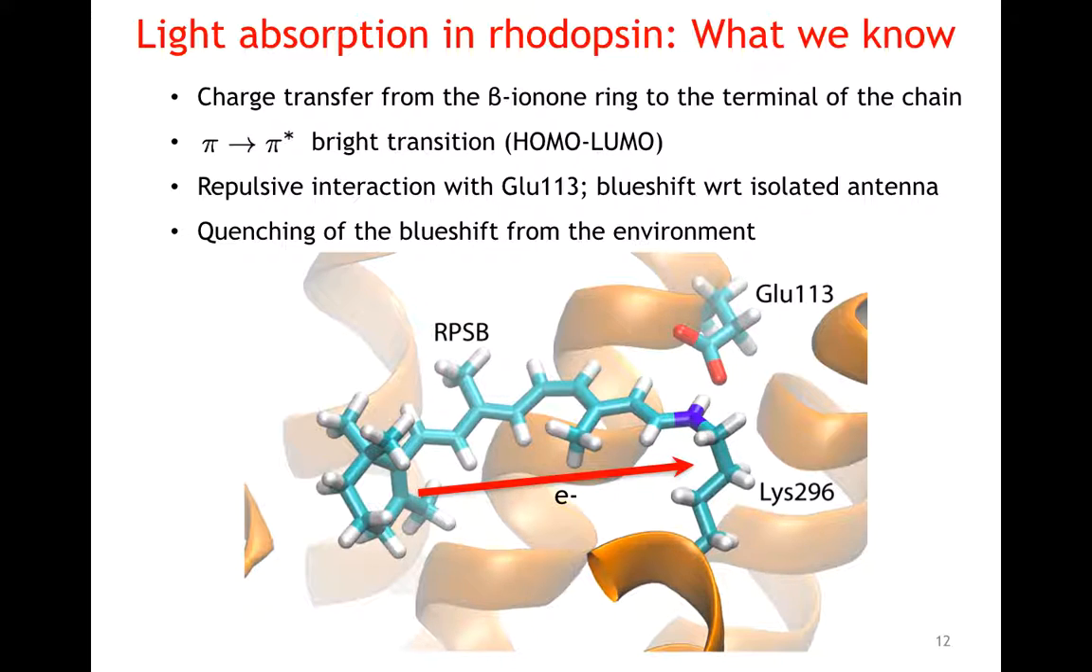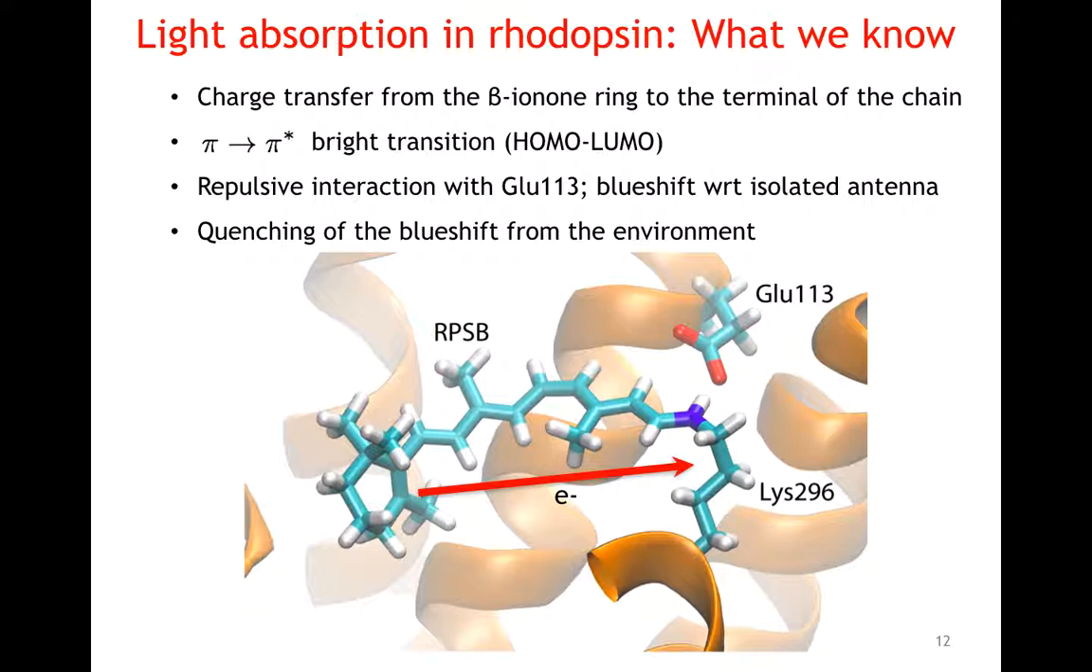So the excitation of retinal in rhodopsin is an excitation characterized by charge transfer, with a migration of electron density from the beta-ionone ring on the left of this figure to the terminal of the chain that is linked to the lysine residue on the right of the figure. It is a pi-to-pi-star transition associated with a high value of the oscillator strength, and the migration of the charge